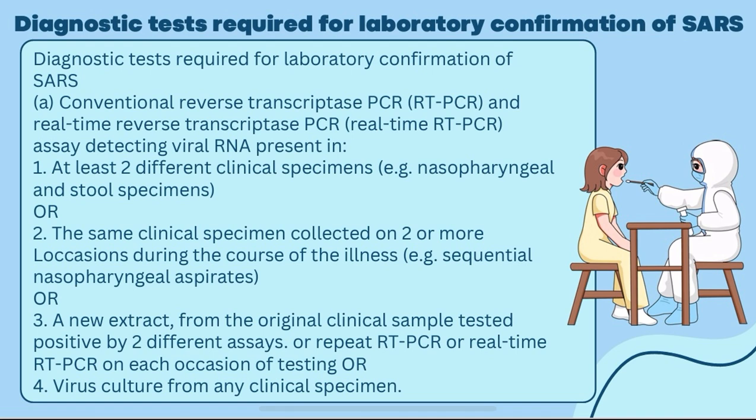It is one of the most used tests for COVID-19. The real-time RT-PCR assay detecting the viral RNA should be present in at least 2 different clinical specimens, for example the nasopharyngeal specimen and the stool specimen,